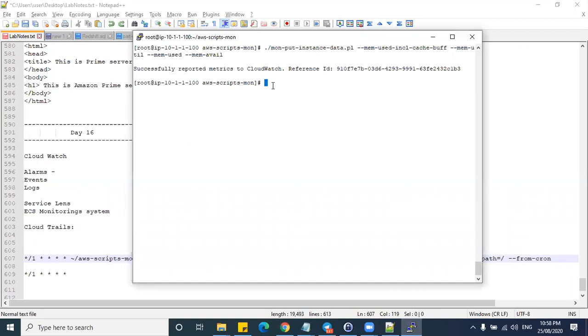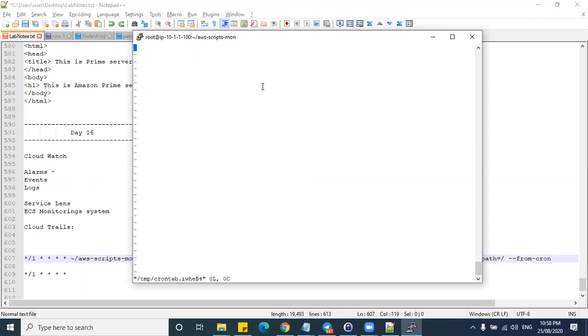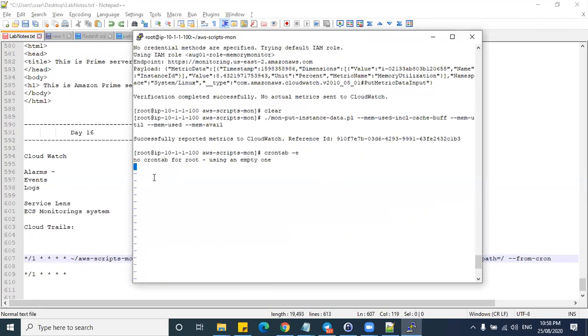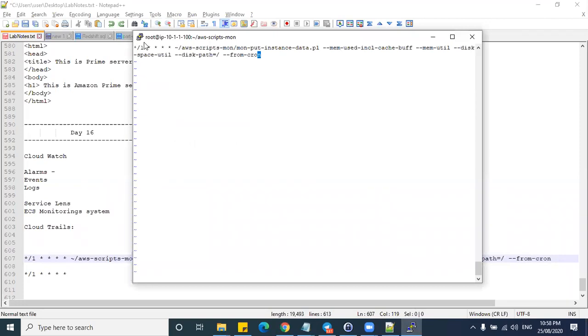So you have crontab -e. If you type like this, your crontab will be opened. So no crontab for root, using an empty one, because earlier there were no cron jobs scheduled here. Now I am pasting that command here. Means every 1 minute, every hour, every day, every month, and every year, which is basically every minute, I need to execute this script.